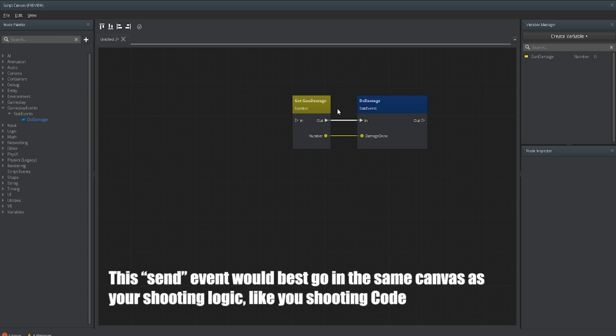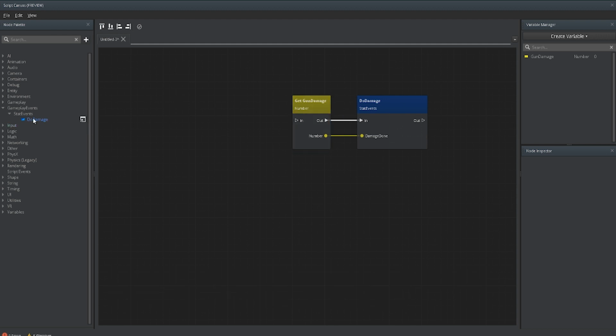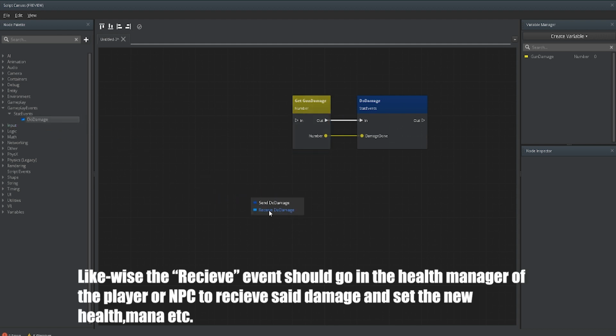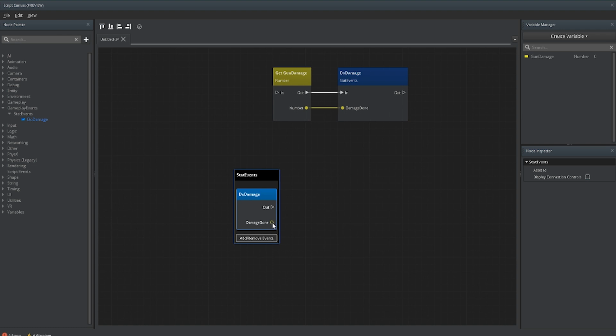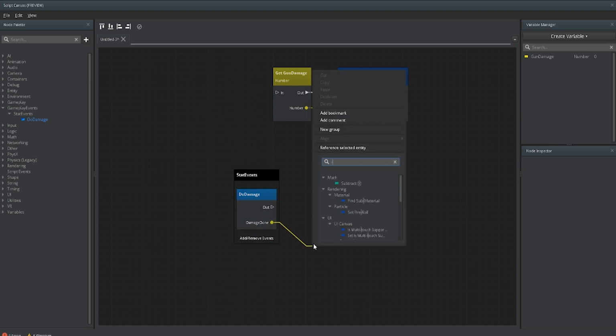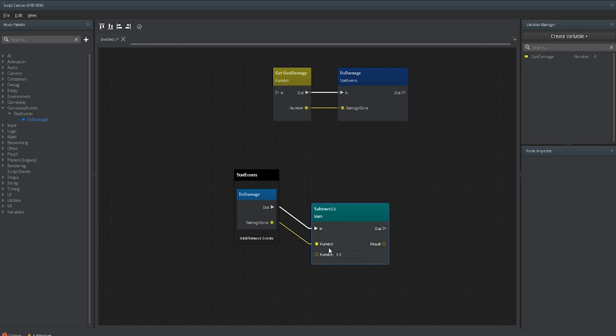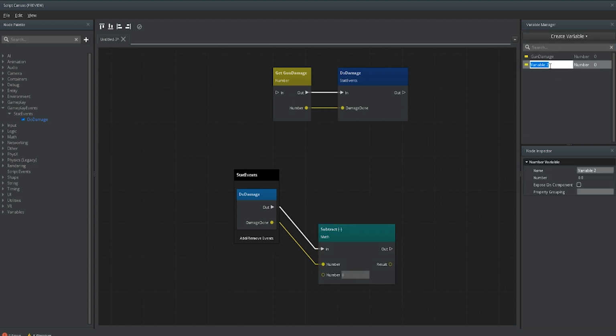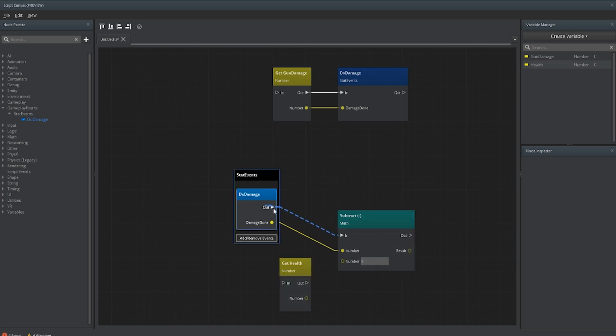Now in the player, say in the player's health manager, we'll take that same do damage and we'll receive that. So now we're receiving this number. So we'll take this and maybe we'll subtract from another variable. And this is inside of the player's health manager now. We've created that before. So if I get that, and we subtract, well, actually it'd be more like subtracting the health from this number, more like that,